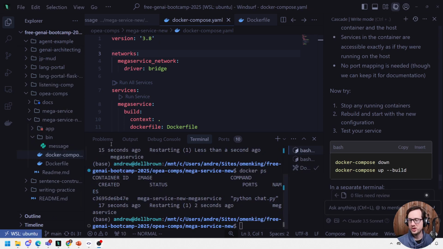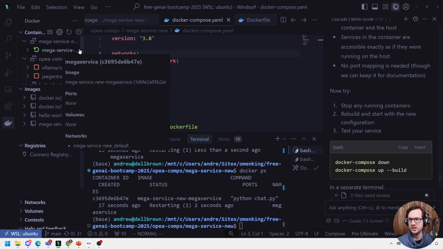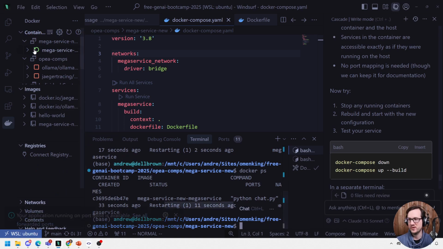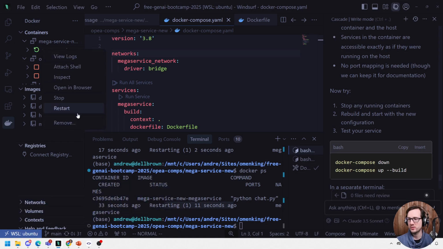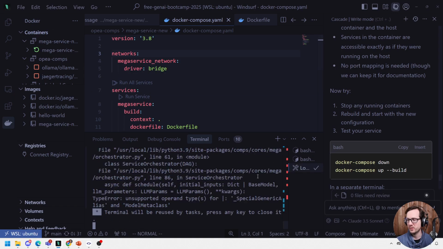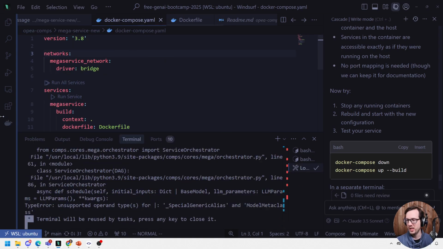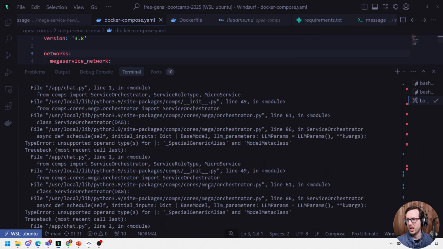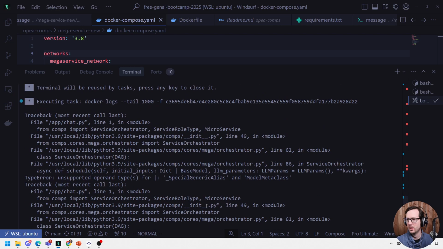All right, so I don't think the issue is with our host being able to access it. I think it's restarting constantly, because if I go over to Docker PS, it's saying restarting 11 seconds ago. So if we're having issues, what we can do is go and view the logs, and maybe this will tell us what's going on with our service. So we'll go into here and see what's going on. And so it's clearly having a very specific issue. Yeah, it is. And so this is our problem. This is why it's not working.